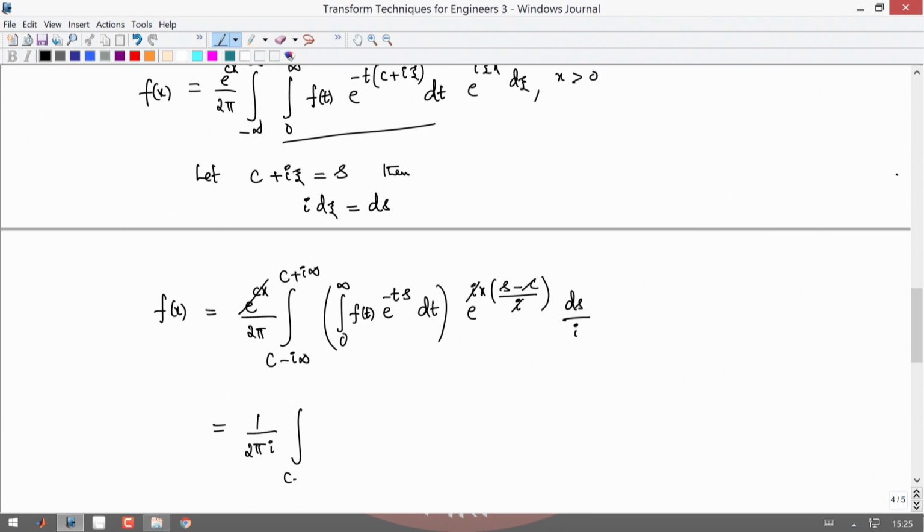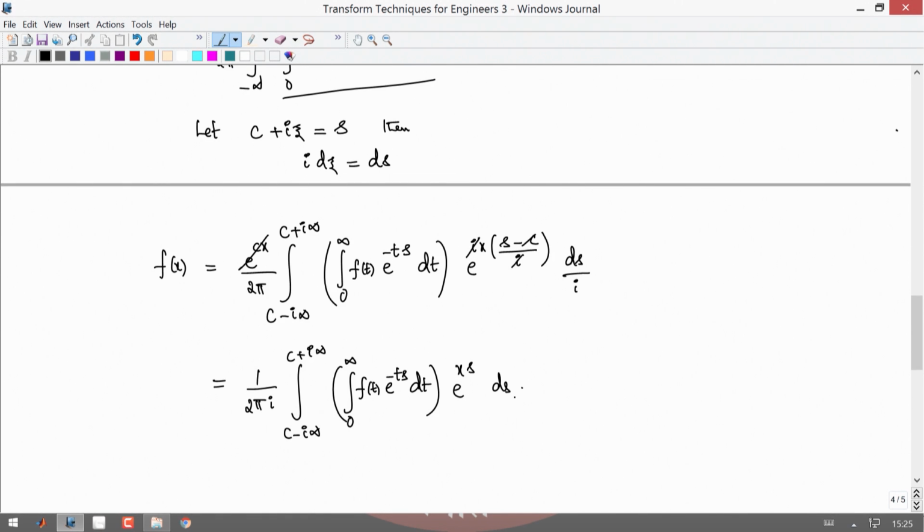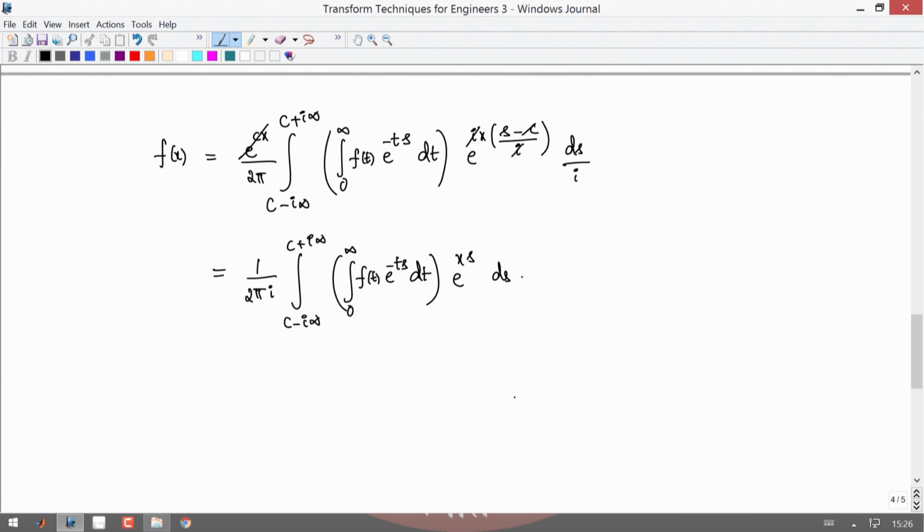So, you have c minus i infinity to c plus i infinity, and the integral inside is the same, f(t) e power minus ts dt, times what you are left with, e power xs ds. Okay. This is your f(x)